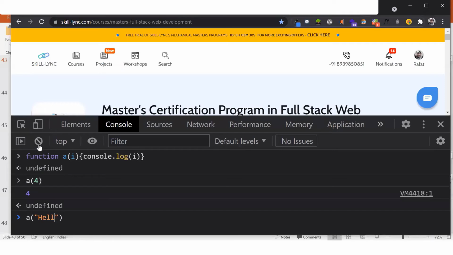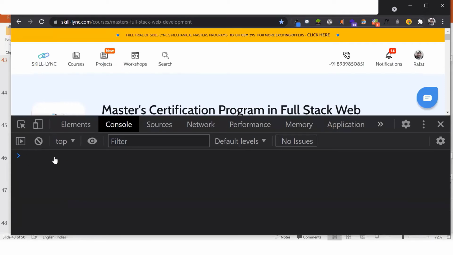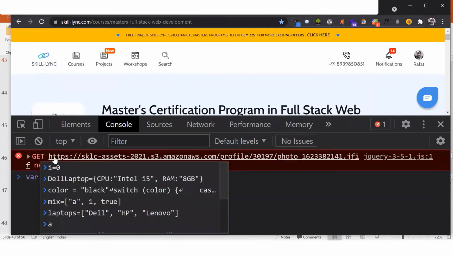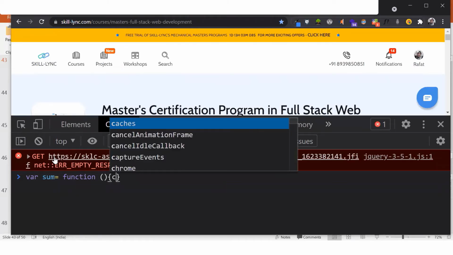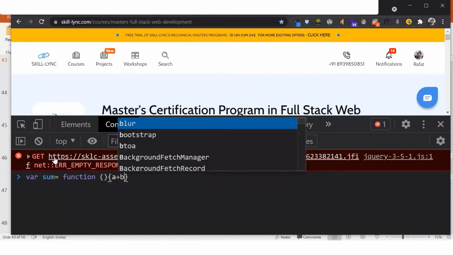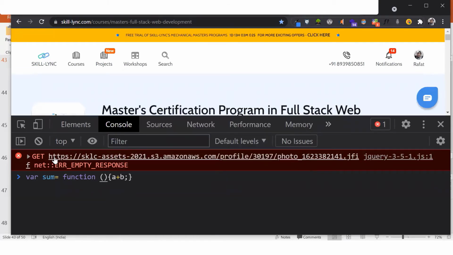For example, if you want to add two things, you would create a function sum. In fact, you can even create a new function like this. You create var, and then you have sum equal to, and then you would write a function, and then without writing any name, you would simply put round brackets and then start curly braces, and then add a and b, whatever you have passed. That is something which we would log. So you are passing a and b, so put a comma in between and then log them. Log a plus b.